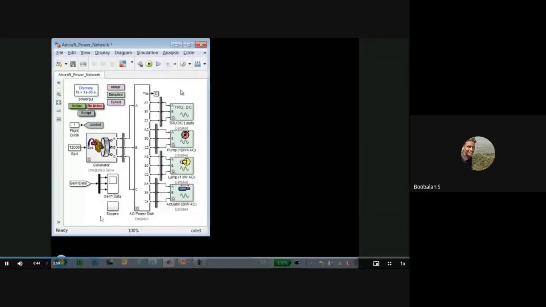Here is the model that we're working with. Our aircraft. Actually, this is a simulation model about our aircraft power network, right? So